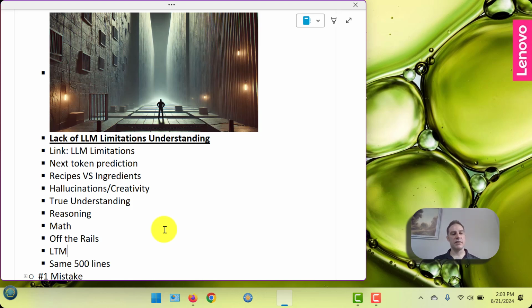So hallucinations and creativity: this is a bug and a feature. It depends on exactly what you're trying to do. Now, when you're trying to fit this within an organization's solution, this generally is a bit of a negative. Again, it depends on exactly how you're using the LLM. So this is a limitation, and part of this is that, again, with the next token prediction, it's got some randomness in it. It's not just what's the most likely next chunk of text, and then we're going to use that one. No, it has a distribution, and sometimes it picks a low probability one, which can send it off into La La Land, where you don't want it to go.